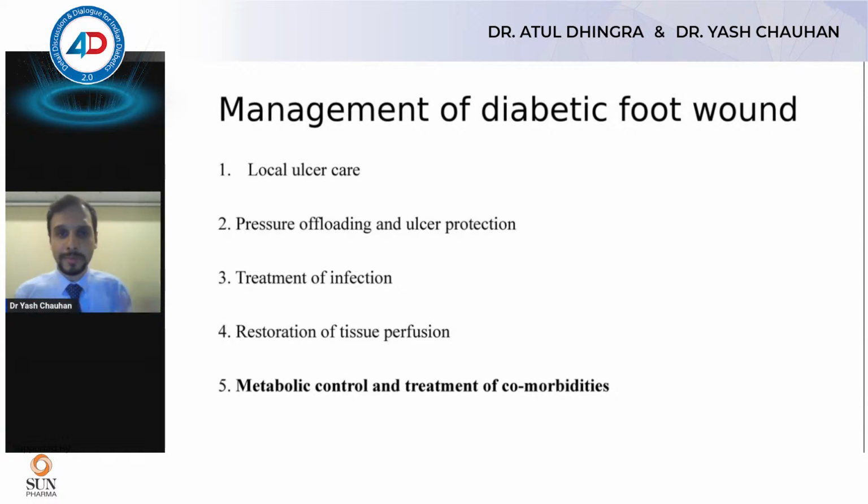With someone who's got an absolutely normal ankle brachial index, that's 0.8 to 1.3, we can fairly well rule out peripheral vascular disease because the sensitivity is good, but the specificity is not so good, right? So when someone who's got an ulcer has an ankle brachial index of less than 0.8, we always need to do further investigations, especially in patients who've got a large diabetic foot wound, in patients who've got a non-healing wound for around 4 to 6 weeks, and that's if you're waiting for that long.